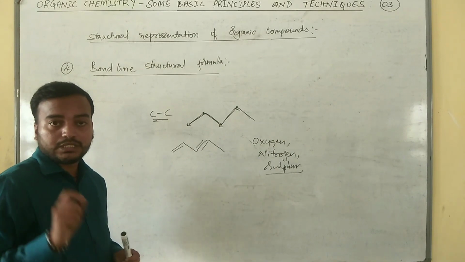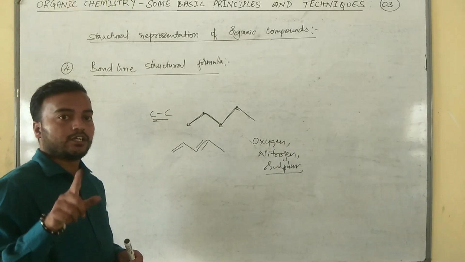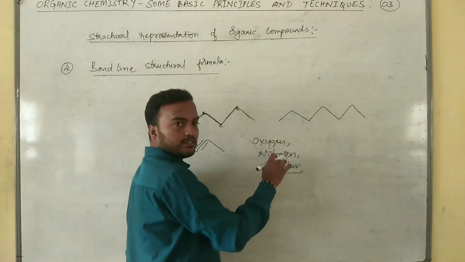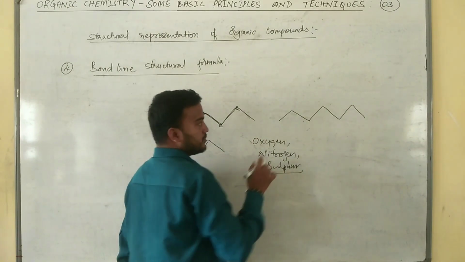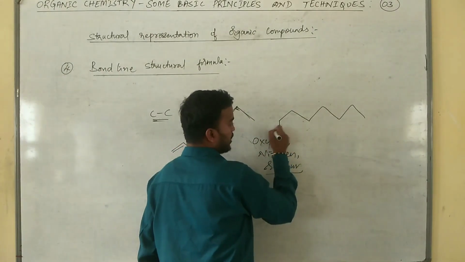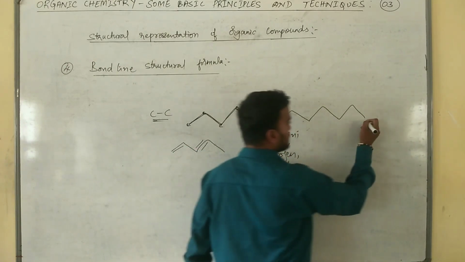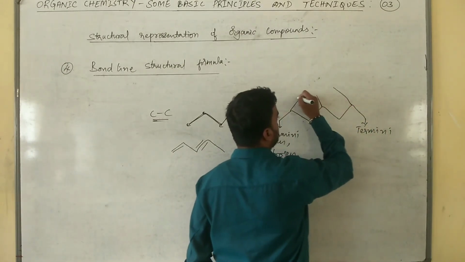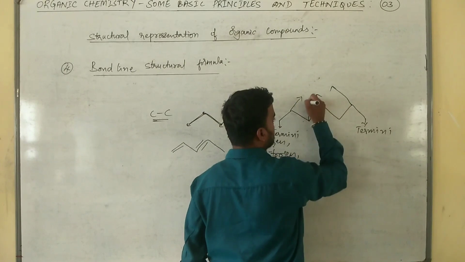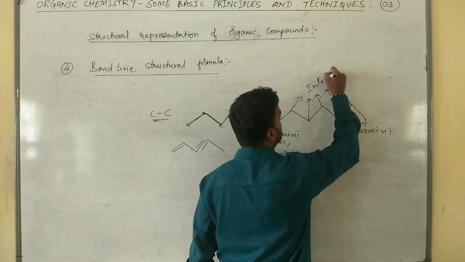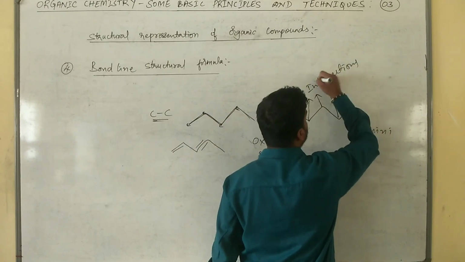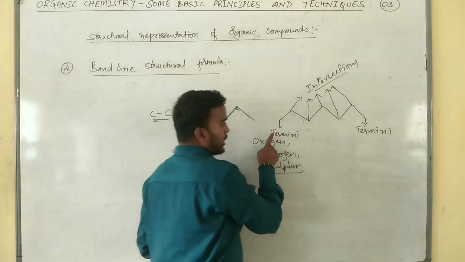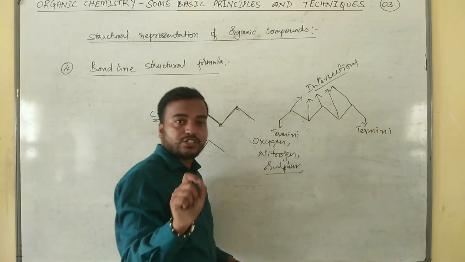Further, it is assumed that there is a carbon atom at each line end and intersection. So if you consider this case, these are nothing but termini, or terminal positions. These are intersections. This is an intersection, and this is an intersection. These are unsubstituted intersections. So further it is assumed that each carbon atom at the termini and intersection is attached with the required number